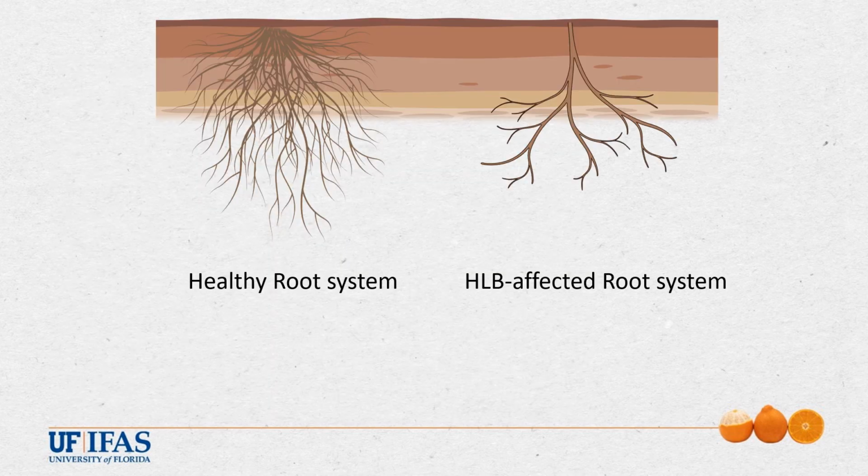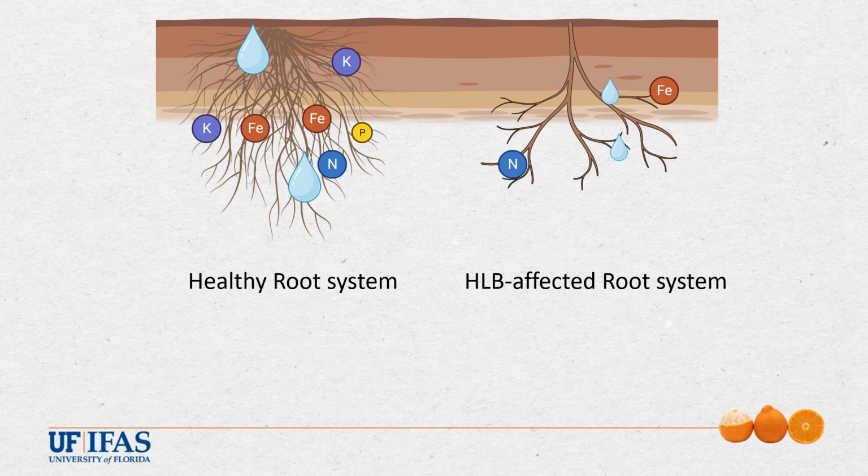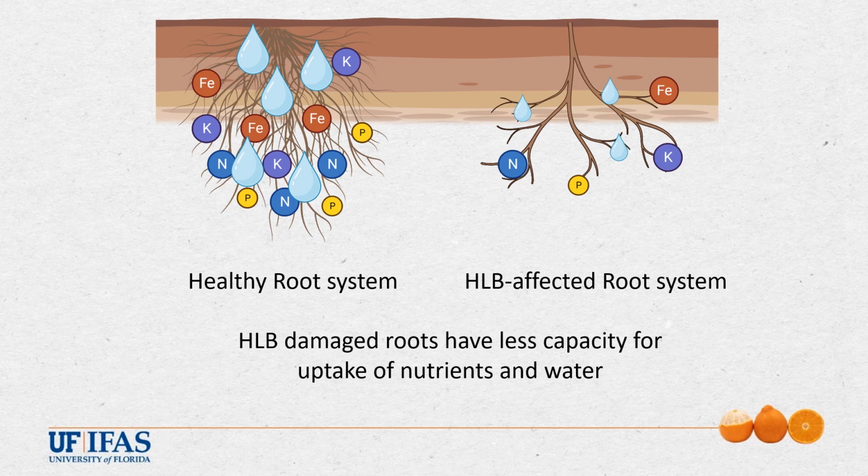HLB's damage to the root system is a major concern in regards to pre-harvest fruit drop. HLB-affected trees have been shown to have up to a 30% reduction in fibrous roots even before symptoms show in the canopy, while symptomatic trees have been found to have up to a 40% reduction in fibrous root mass. This reduction leads to less water and nutrient uptake capacity. As discussed in previous slides, drought stress conditions and nutrient deficiencies that can be induced by a damaged root system can lead to increased pre-harvest fruit drop.